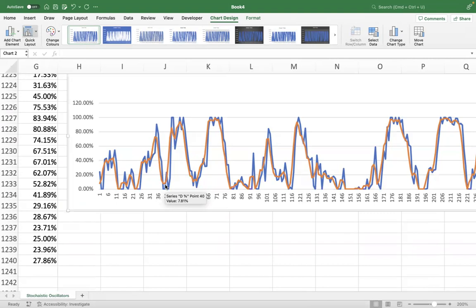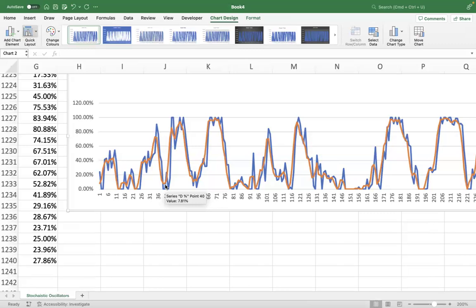This is where the blue crosses over the orange. The blue is the faster one, the K in this case. So where it crosses here, this is a place which clearly indicates the bullish. And where it crosses from top, this one, this is probably a sign of bearish